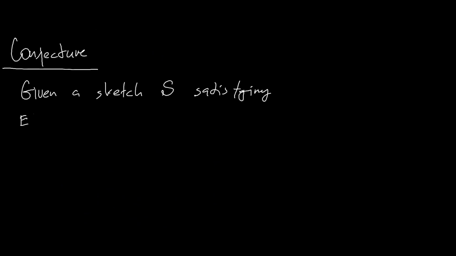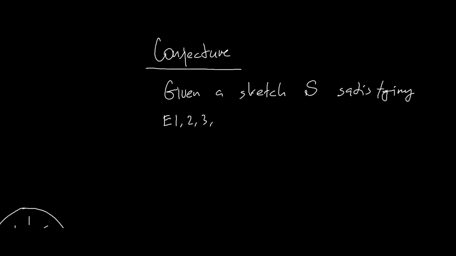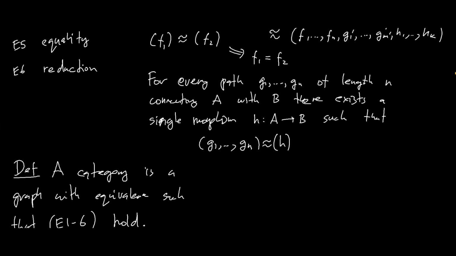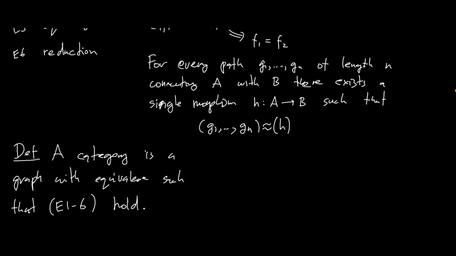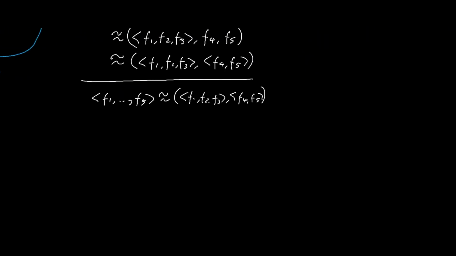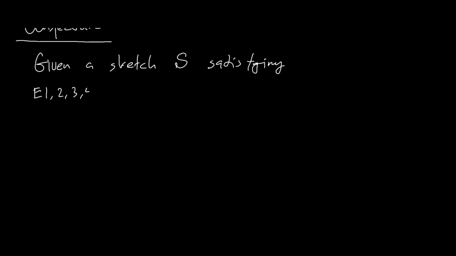Okay, so given a sketch satisfying E1, 2, 3, what did I say? It was the number 4 and 6 that I'm going to simplify. Yeah, so E1, 2, 3, and 5. Axioms E4 and 6